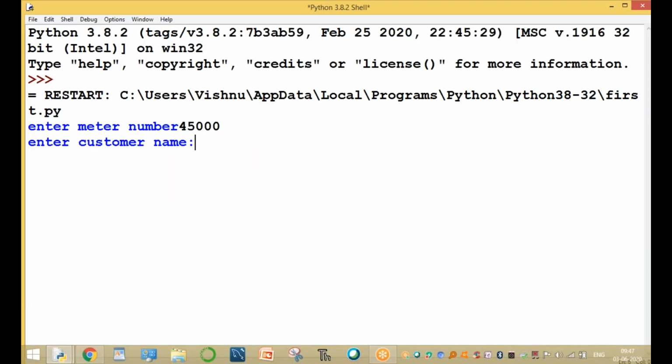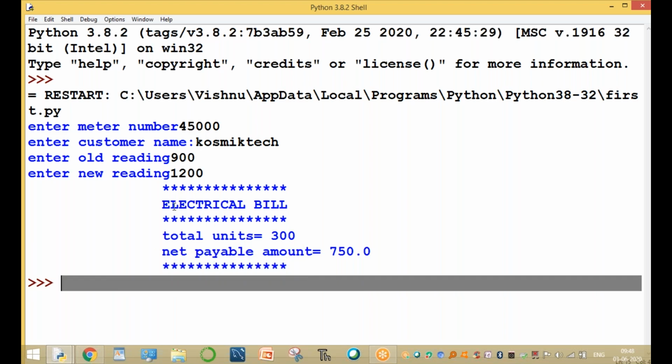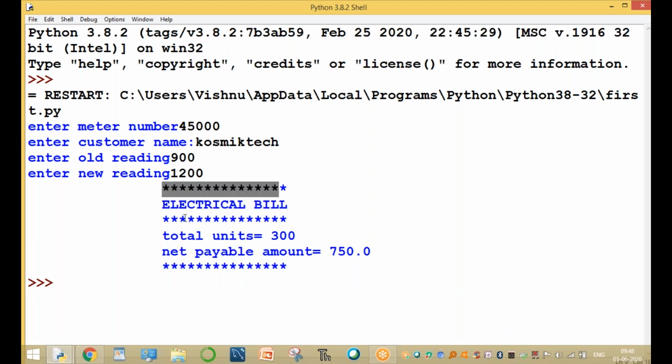Enter the meter number, so and so, and Cosmic Tech is the customer name. Old reading is, for example, 900. New reading equal to 1200. To find the value, this is the electricity bill. Total units 300. Net payable amount equal to 750.00. This is the value. Okay, guys, up to here clear? Now